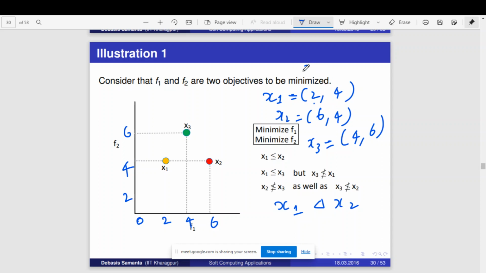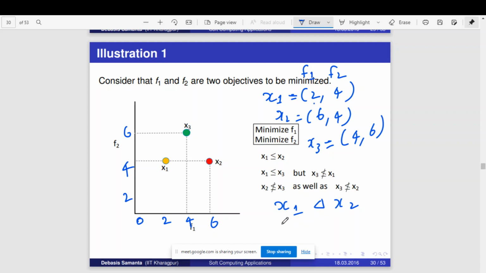So here these are the two. This is f1 and this is f2. You can take it this way. So this point is f1, f2. If you compare these two, 2 and 6, 2 is less than 6, which means that 2 is better than 6, or you can say that 2 is no worse than 6, and 4 is also no worse than 6. That is for condition 1. Coming to the second condition, this is better than this because our objective is to minimize. So you can say that x1 dominates x2.